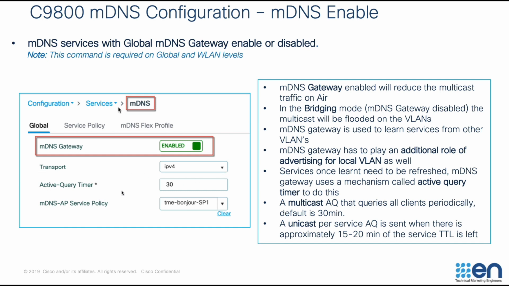You also have to configure the active query timer. The active query timer is the timer at which point you have to refresh the services that are being cached at the controller level. The default timer is 30 minutes. We're also configuring here MDNS AP service policies. These are the service policies that we're configuring in the